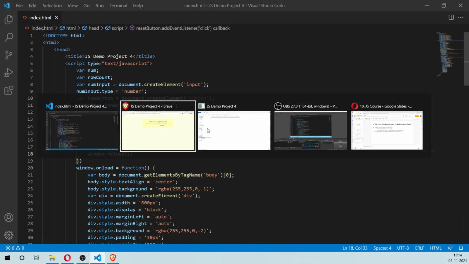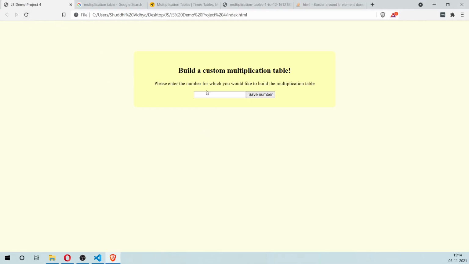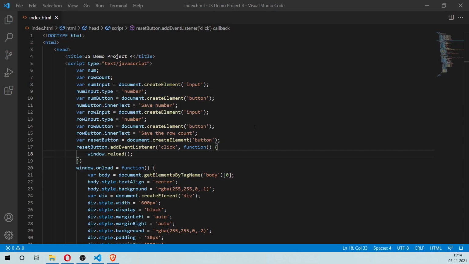Okay, so that will automatically reload the page, and we need to add that button at the end of the table here.